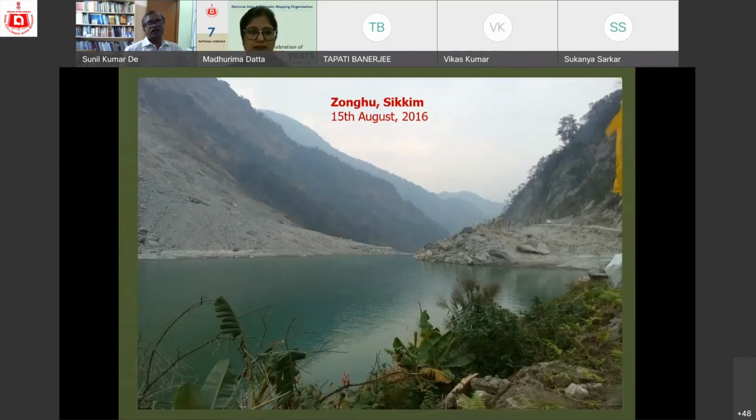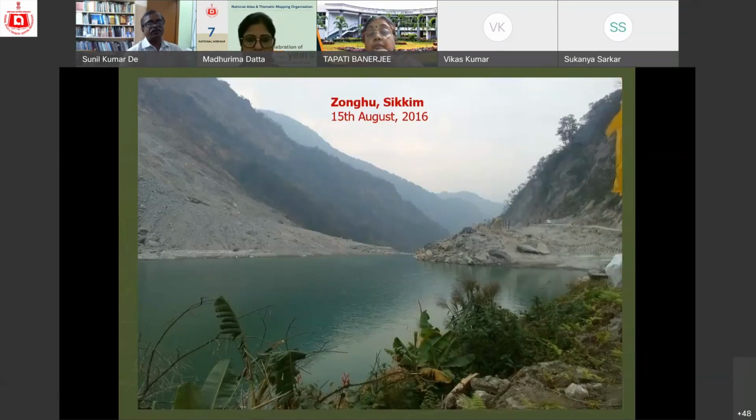This is a landslide. See, we were in trouble. This is Jonggu, Sikkim. It occurred in 2016. When we went there with two of my scholars, the media people caught us asking whether this landslide dam should be breached or not. Whether we say yes or no, we were in this dilemma. Below this, there are 3 tiers of Tista barrage dams. Anyway, if we get any time else, we'll discuss this issue again.